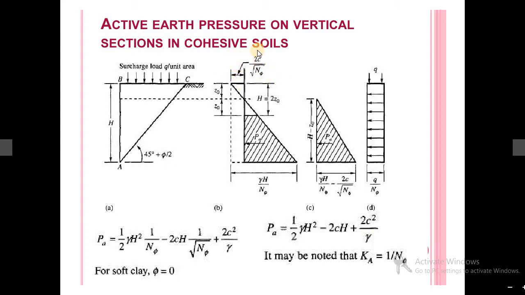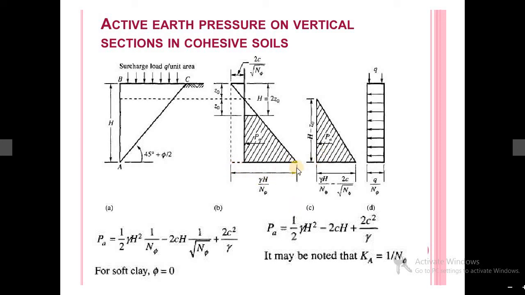This is given as the 2c upon under root of Nφ. So this will be the point. Now particularly, at this point the total pressure will be 0. If you consider this as the 0, then this total height will be computed based on the concept of this